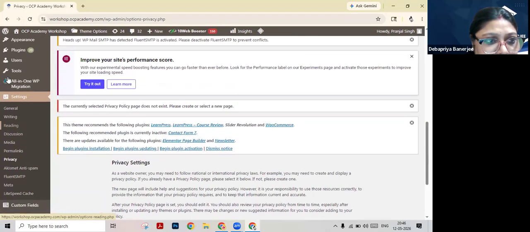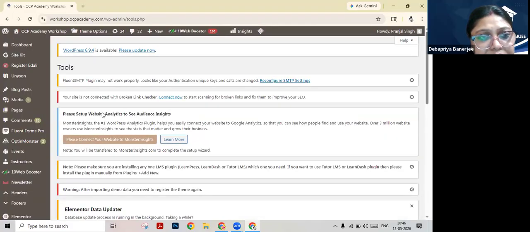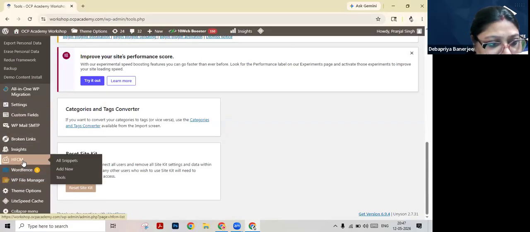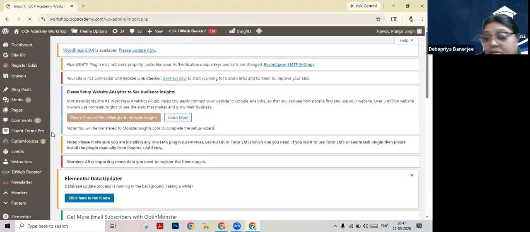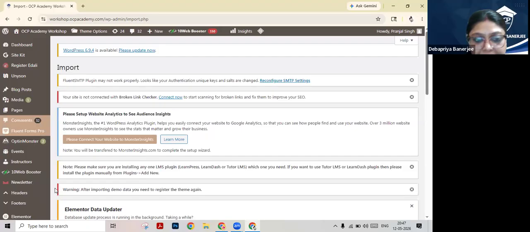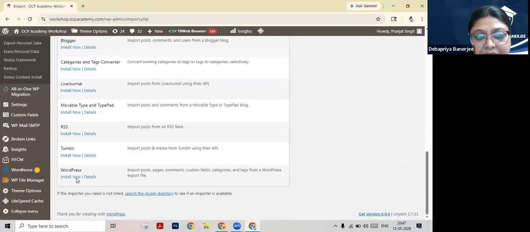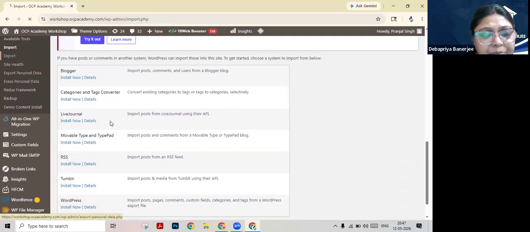Then we will move on to tools, and in the tools, we will move on to import. In import, we just run the WordPress installer to import the documents, and first we have exported the file.